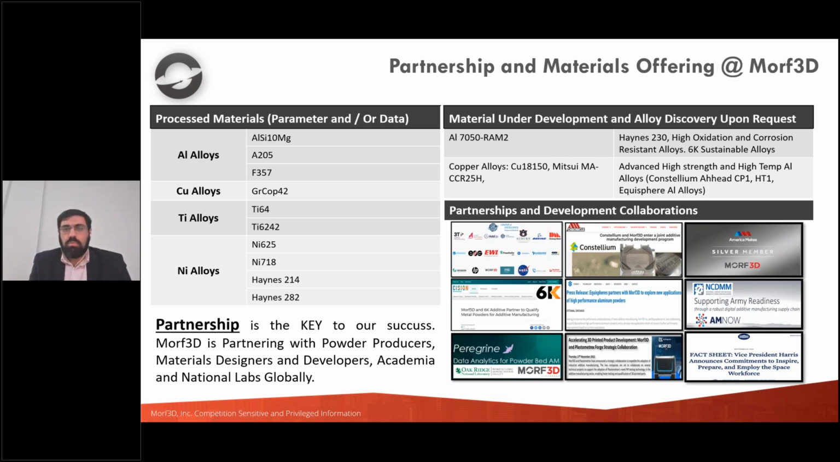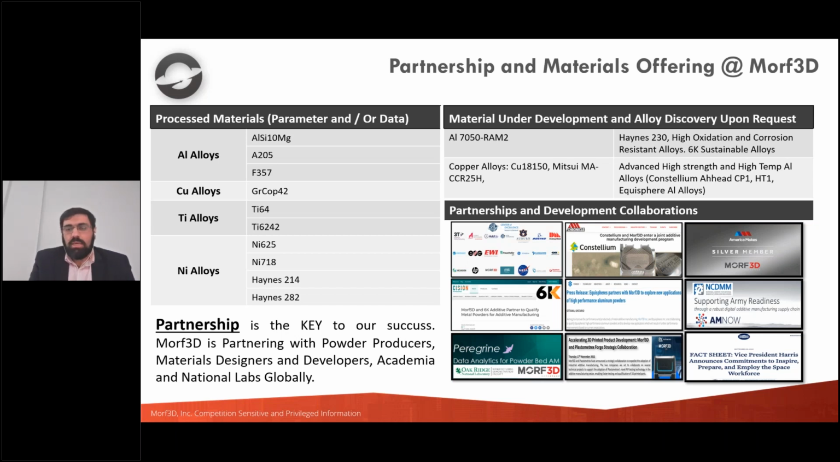We're working with our partners basically on developing some new materials like aluminum 7050 RAM2, advanced high-strength aluminum alloys like Constellium CP1, HT1. We're working with Ecosphere on unique aluminum alloys, working on high-temperature materials. But really, I think the essence of being able to use the right material on the right platform with the right process to provide that industrialization is partnership